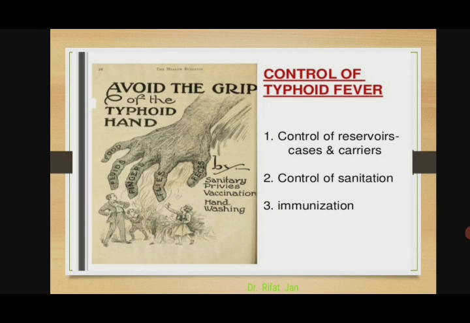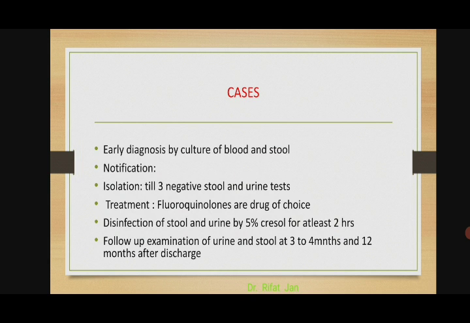Then coming to the control of typhoid fever. Control of reservoirs, that is the cases and the carriers, control of sanitation and immunization. Coming to the cases, so how can the cases be controlled? If there is an early diagnosis of the cases through culture of the blood and stool,